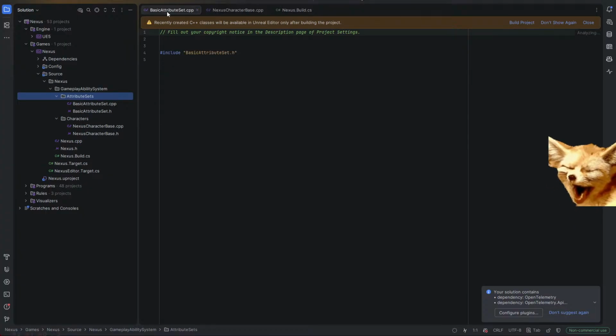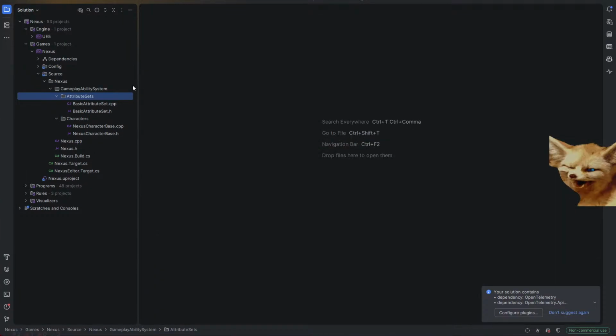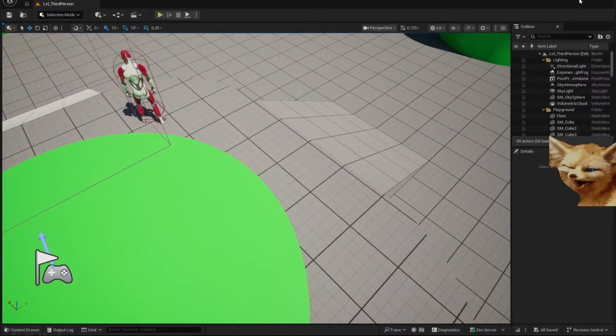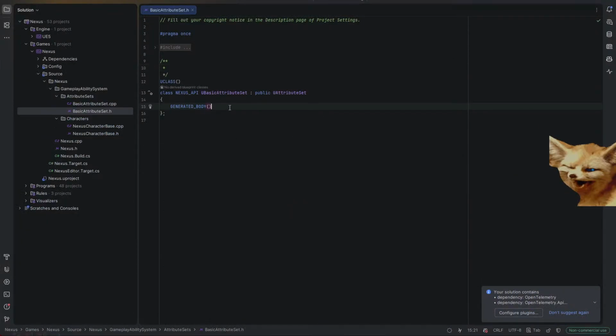So the first thing we want to do is define the attributes that will be in our attribute set. So we're going to create a new public scope. And under it, we're going to add our first attribute. And the type of an attribute is attribute data. That's what you want. And we're going to call it